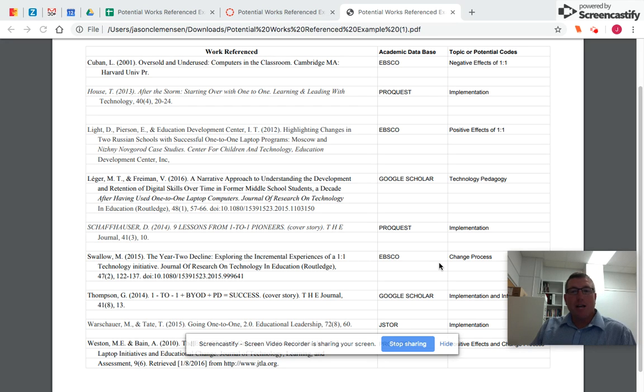So for this week's assignment, I've attached an example within the module, and this is just one example of what you can use and how you can organize things. Obviously, there's no one single way as long as you're meeting the requirements of the assignment, and gaining all the information that you need and putting it down there so that way you can easily find it later. Then there's no wrong way to do it. Whatever works best for you is the way to go. That's going to help you when you go back to look at your literature, and also as you begin writing